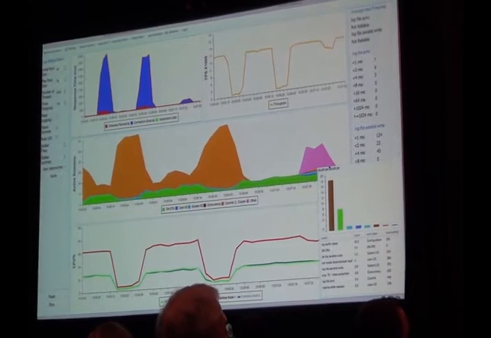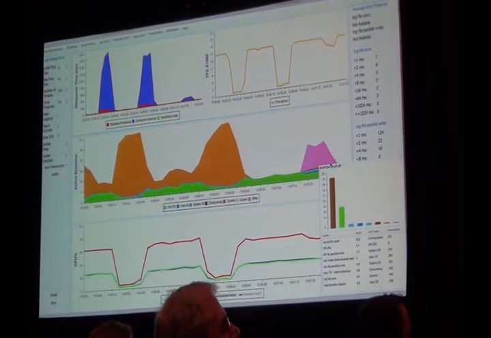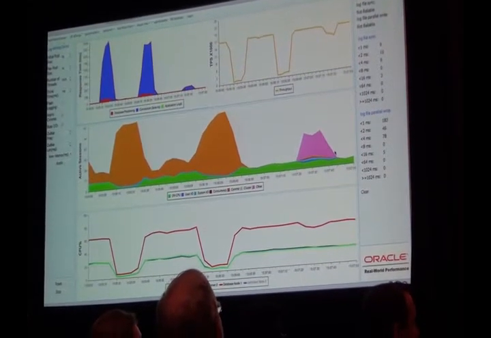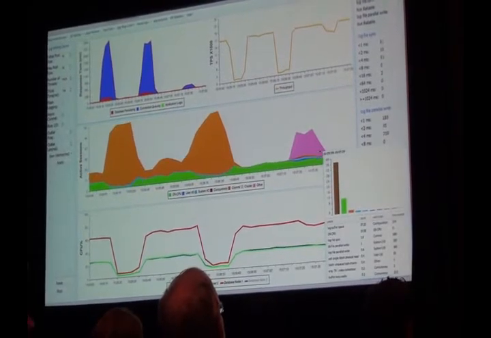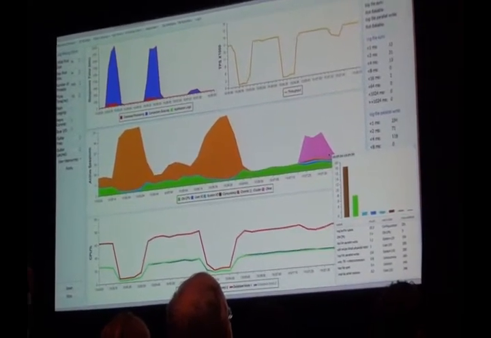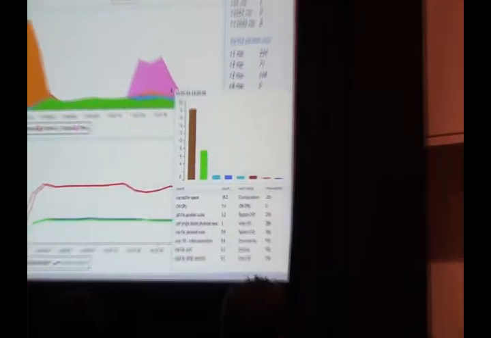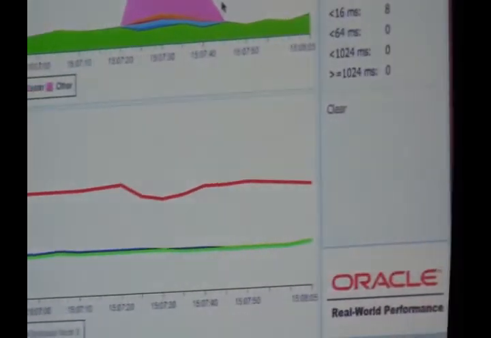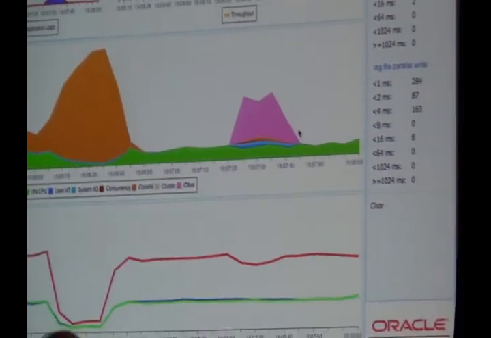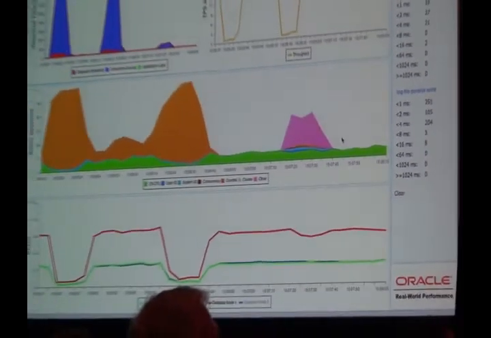Can someone give me a clue what the picture shows? So is that the log buffer space? That's the log buffer space. Oh, the log buffer space, yes, that would be a side effect of the change that you just made. I can fix that one. That's right.